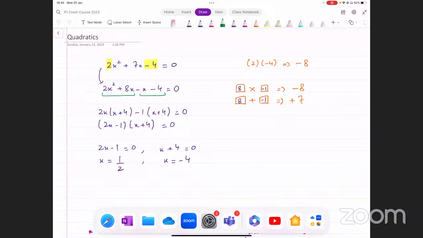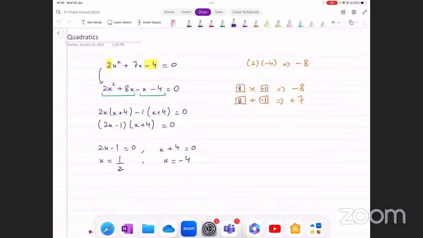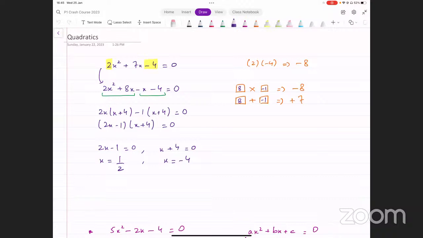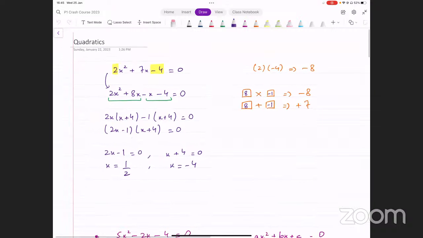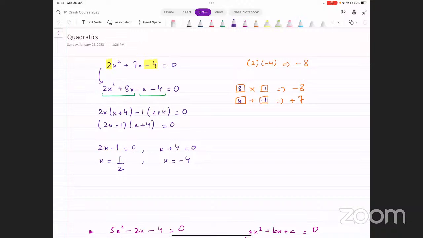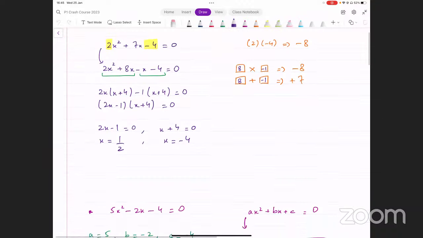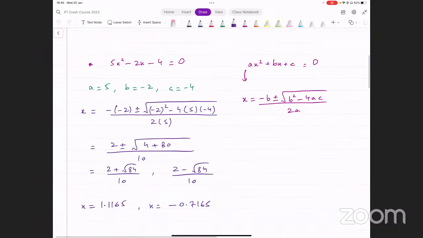Let's begin. In our last session, we started quadratics, our first topic in paper one. We reviewed some of the concepts that you already know from your O-levels. This was the first thing that we did. We learned how to solve quadratic equations. It was just a quick review of the two methods that you've done in O-levels, factorizing and using the